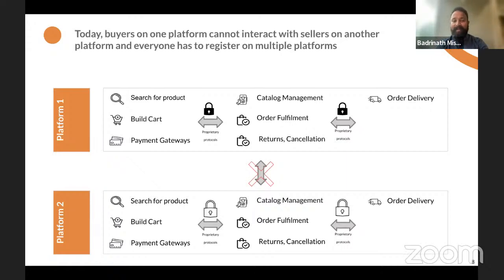The single entity that manages it is the platform. How do they manage it? They have their proprietary protocol, which combines all these three sets of activities, and it gives the desired result as customer experience or customer conversion. Now, if there is another platform, it also has similar kinds of activities. On both these platforms, the sellers and buyers cannot discover each other in a crisscross manner. Sellers and buyers need to be on the same platform to discover each other.